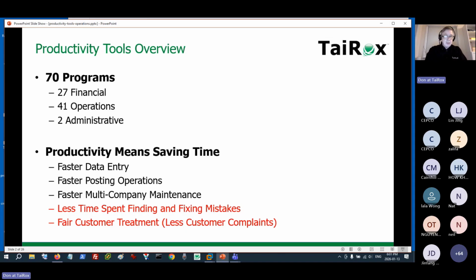There's the obvious, which I think you'll be able to pick up from my demo today: faster data entry, faster posting operations, faster multi-company maintenance. But sometimes there are more subtle things. A lot of time is taken when mistakes are made. So it's important for a software product to be robust and report what it does as well as what it doesn't do. And I'm going to mention something else. If you can minimize customer complaints, I'll mention briefly once during the presentation an example of how you can keep